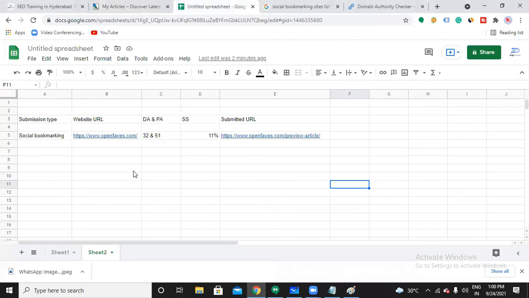So like this, you have to perform social bookmarking, and it is also a consistent process. You have to keep on doing it. Don't expect rankings in just one day. Okay, so